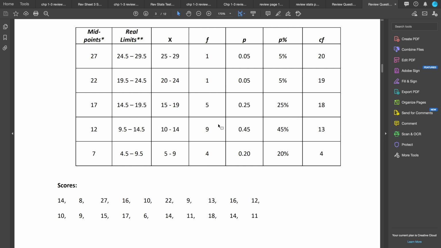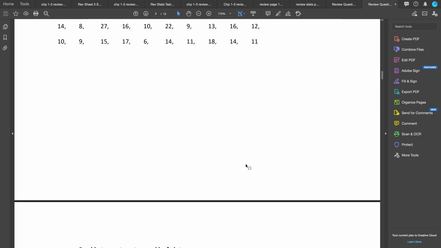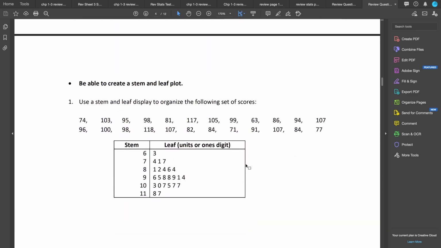You got 4 here, then you got 9 more here for a total of 13. 5 more here, 18. 1 more, 19, or 1 more, 20. Okay. All right. Next up,